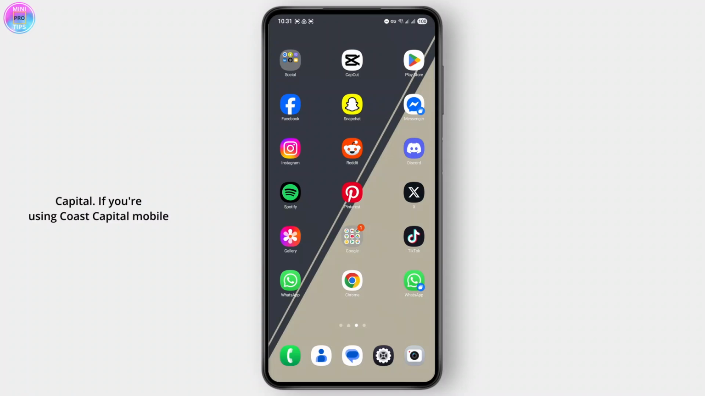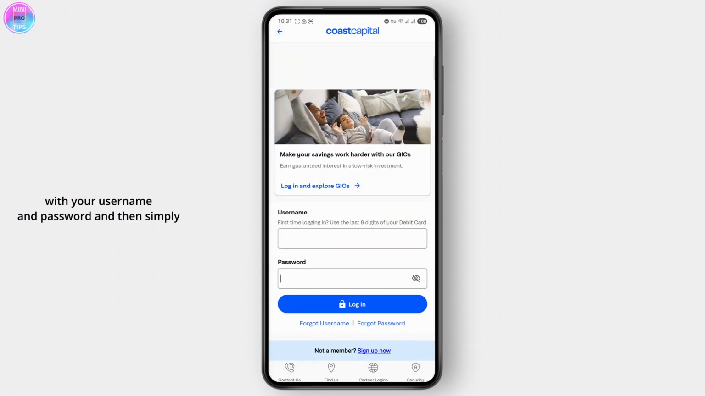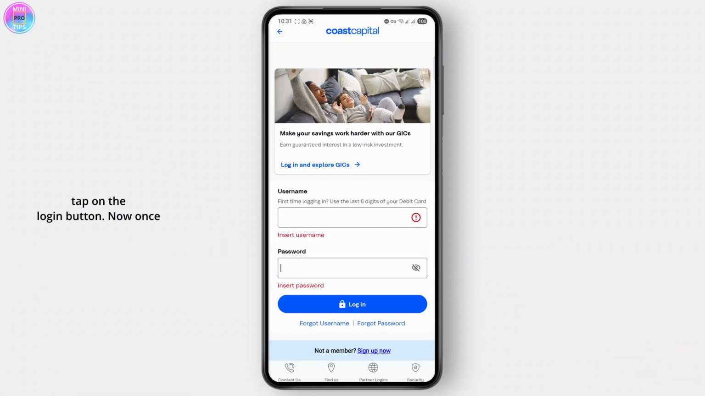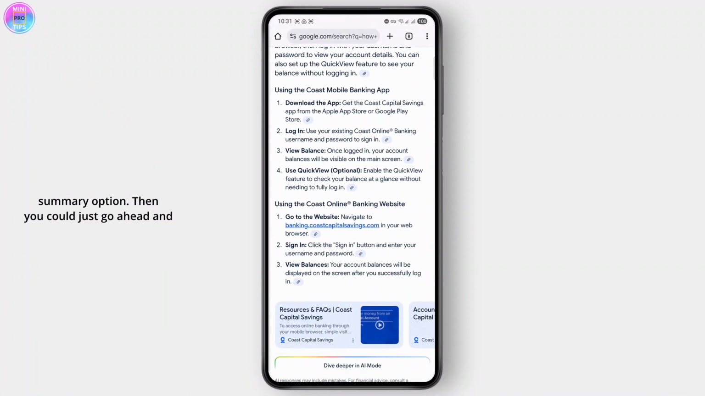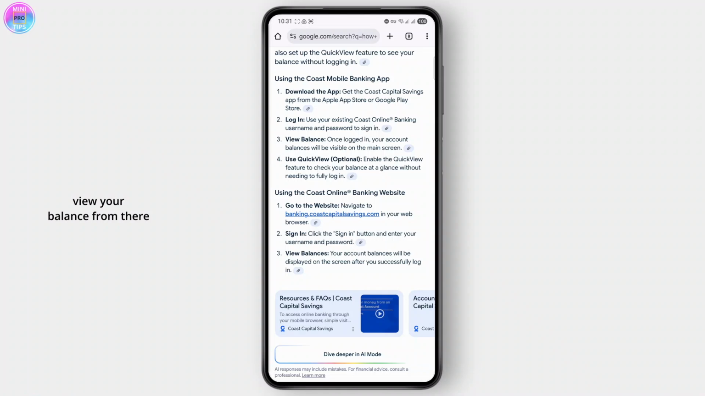If you're using the Coast Capital mobile app, you can start by logging in with your username and password, and then simply tap on the login button. Now, once you are logged in, from the home screen, you'll immediately see the account summary option. Then you could just go ahead and view your balance from there. And from your main screen, you can just tap on your account balances to view it. Then you can also enable the quick view feature to check your balance at a glance without needing to fully